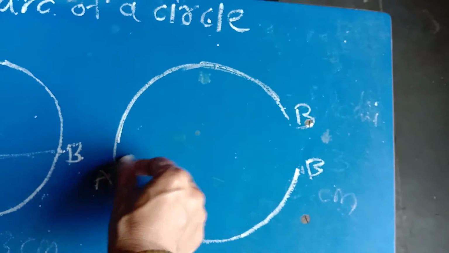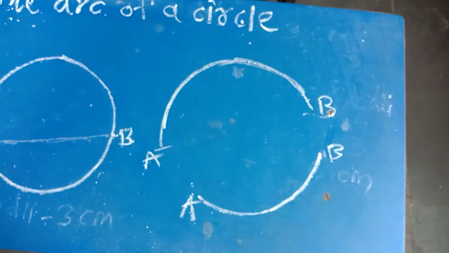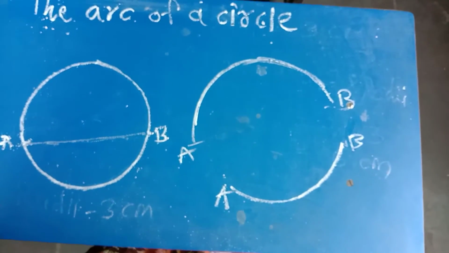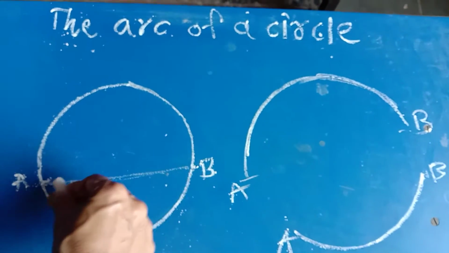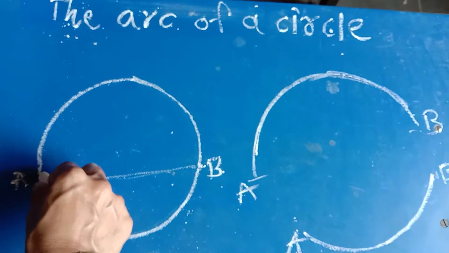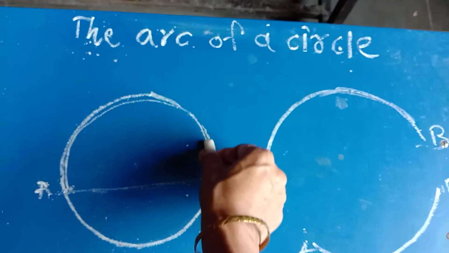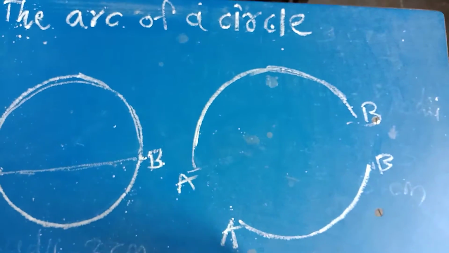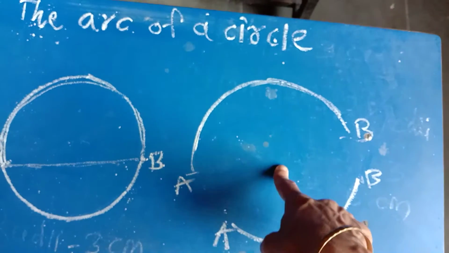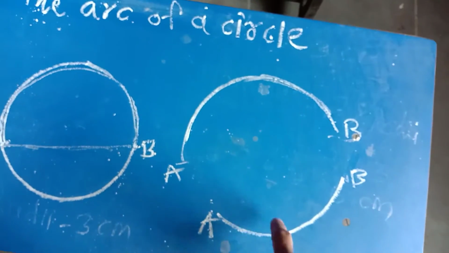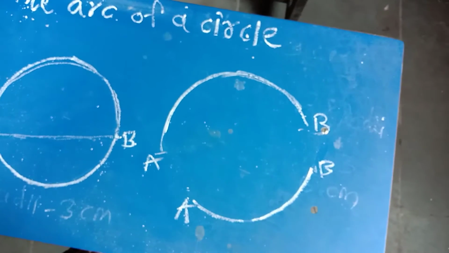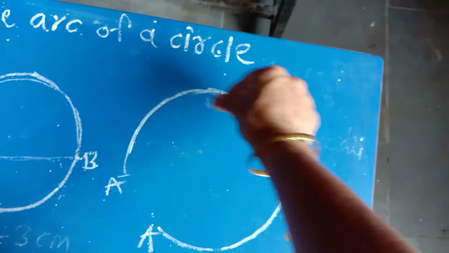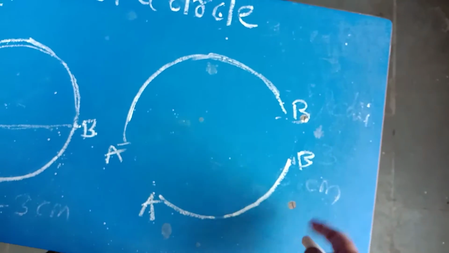इसके जो ये दो parts हो गए हैं, इसको क्या बोलते हैं? Arc of a circle. Understand? This is a bangle. If it is cut into two pieces, A to B and again A to B, this one is a big, large piece and this one is a small piece. So these two pieces are called arcs of the circle. Each part of this bangle is called the arc of a circle.